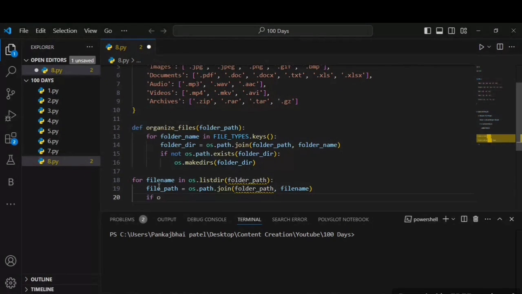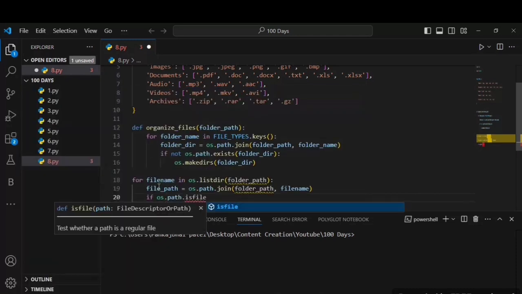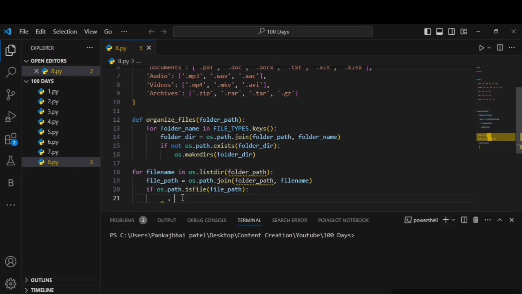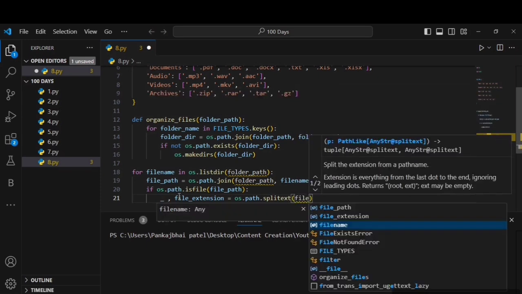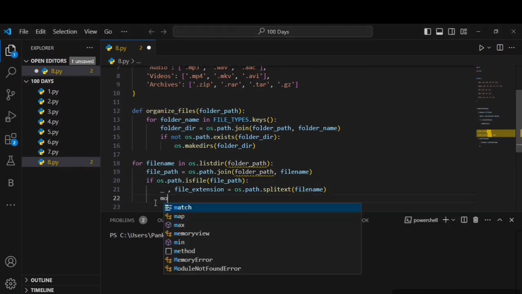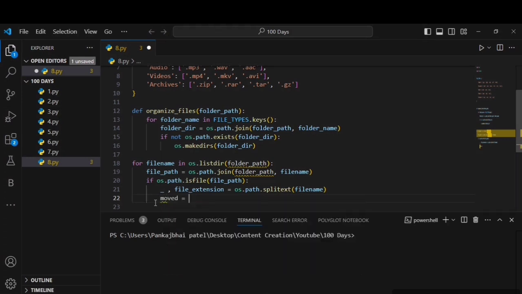So now let's say if os.path.isfile, then file_extension is equal to os.path.splitext of the file name. Then we'll pass in the file name. Alright, now we'll say moved is equal to